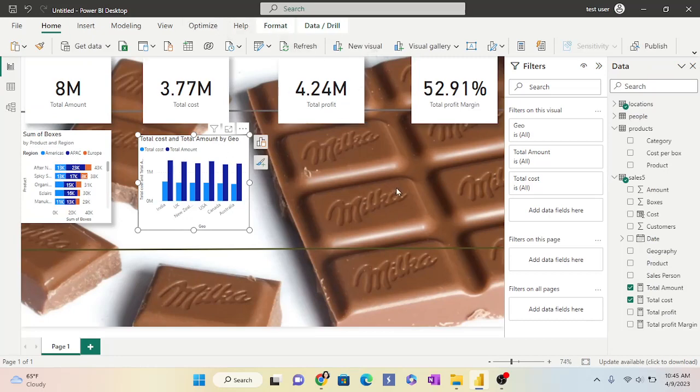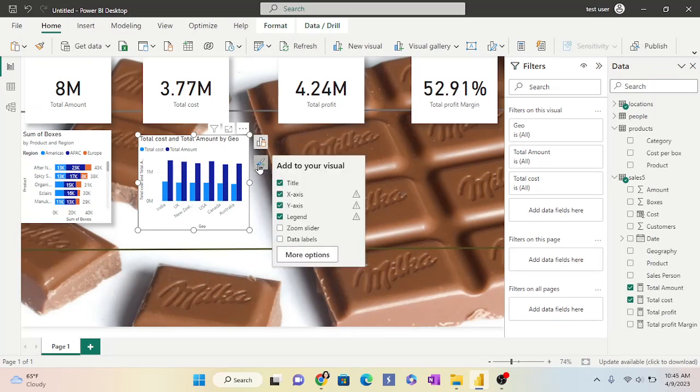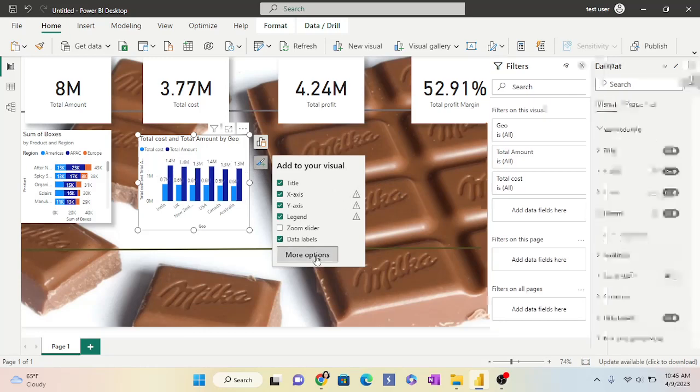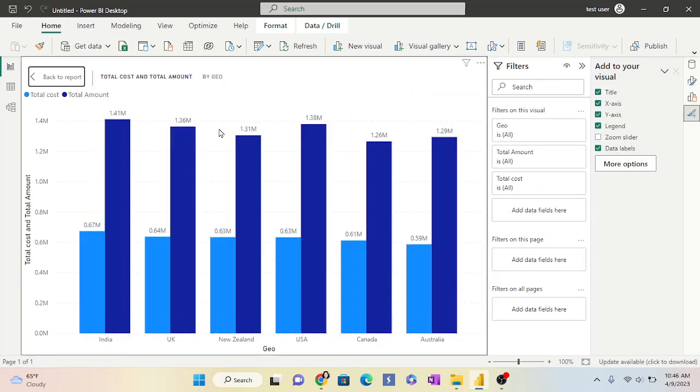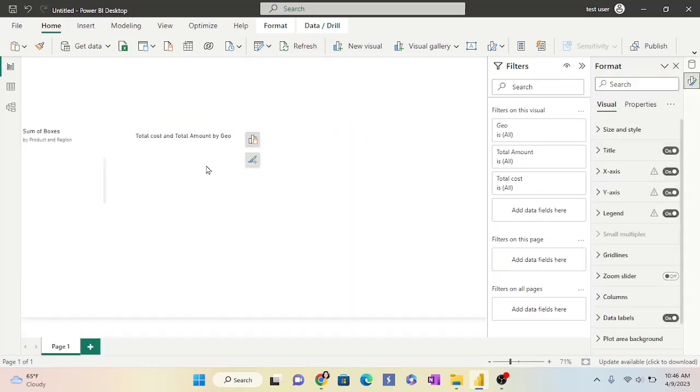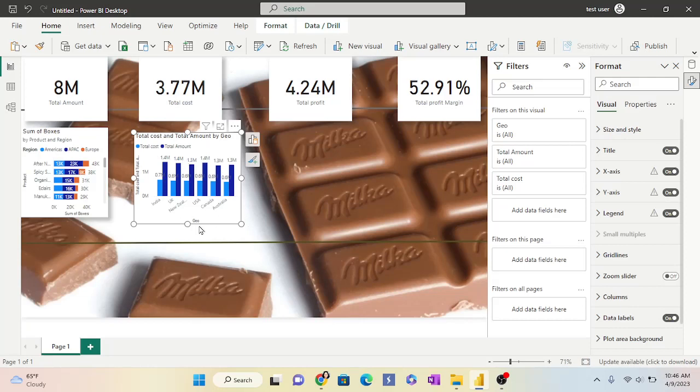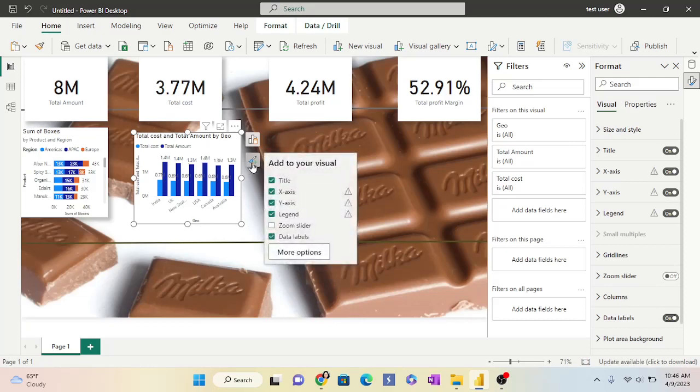and then go to format. We will add data labels. No, it is not looking nice. Let me see. Okay, it looks nice. So we have added